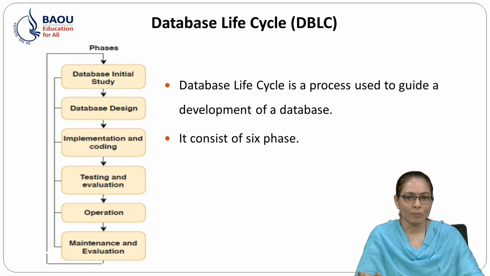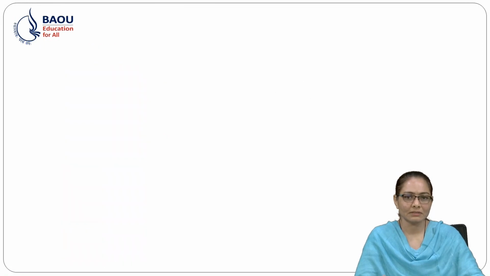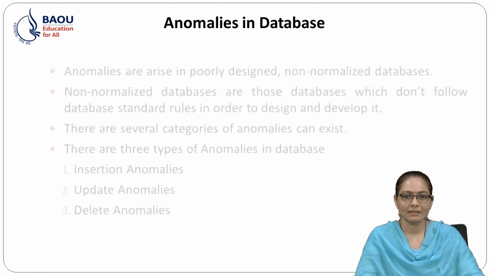The fifth phase is the operation. In this phase, the database is considered to be operational and the process of the system evaluation begins. During this phase, some problems may occur and demand change. The sixth phase is maintenance and evaluation. In this phase, we implement different maintenance techniques like preventive, corrective, adaptive maintenance, assignment of the access permission, etc.